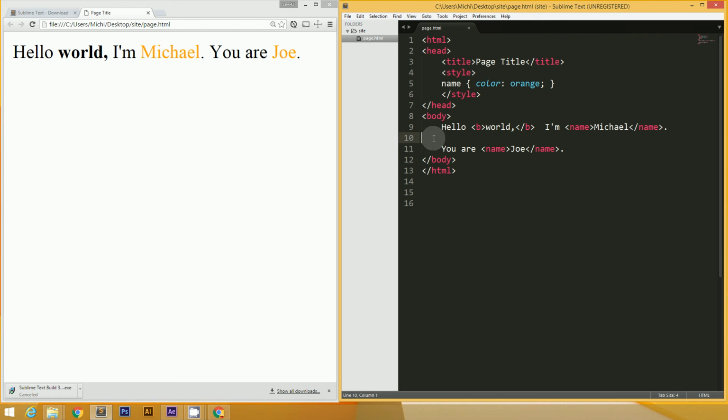The tabs and the line returns are also white space. And so the white space usually just collapses down into a single space. And so all this white space here kind of doesn't exist. In fact, if you put a whole bunch of spaces in between two words and refresh, I have a whole bunch of spaces in between U and R, and they don't show up because they all just collapse down into a single space. Okay, so you can put in a line break tag to take care of that,